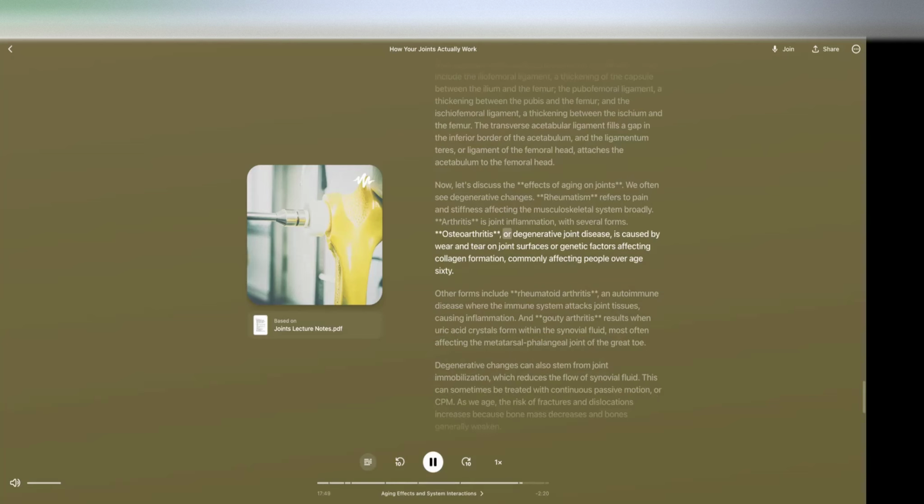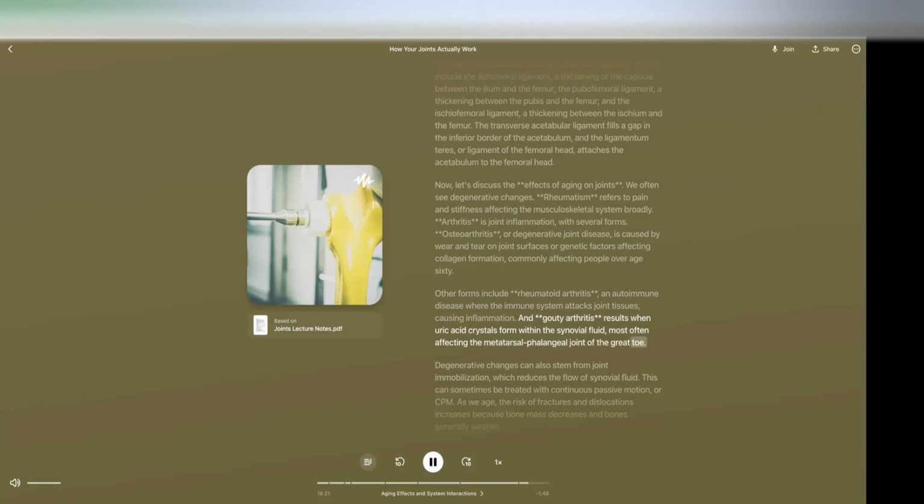Osteoarthritis, or degenerative joint disease, is caused by wear and tear on joint surfaces or genetic factors affecting collagen formation, commonly affecting people over age 60. Other forms include rheumatoid arthritis, an autoimmune disease where the immune system attacks joint tissues, causing inflammation. And gouty arthritis results when uric acid crystals form within the synovial fluid, most often affecting the metatarsophalangeal joint